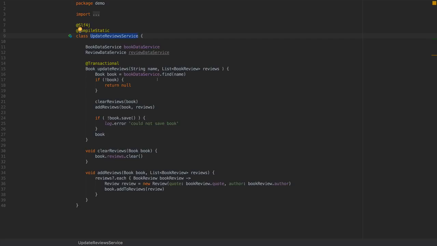And we will be improving this method while we work in this Quickcast. So I first retrieve the book data service. If the book is not found, I return null. And then I have two methods, one method that I call clear reviews and another method that I call add reviews. In the clear reviews right now, what I do is I call book reviews.clear,